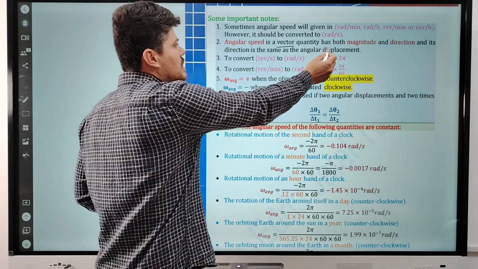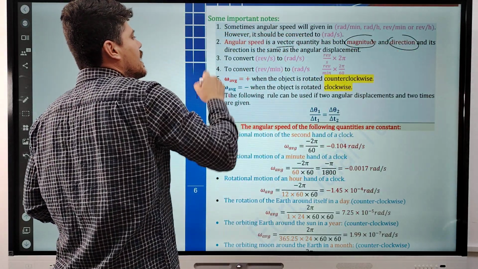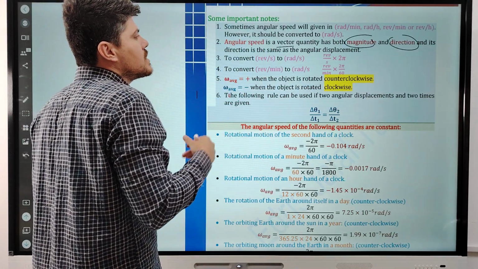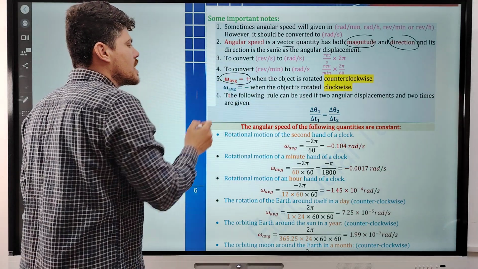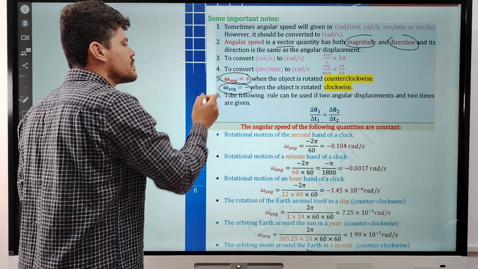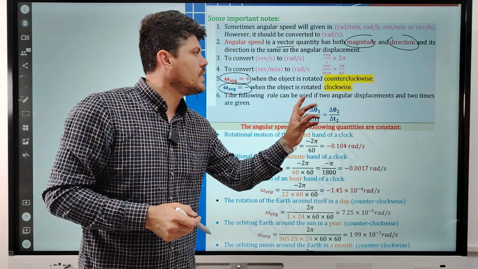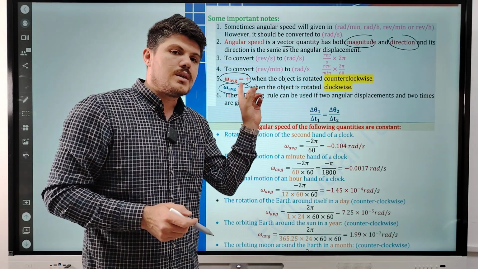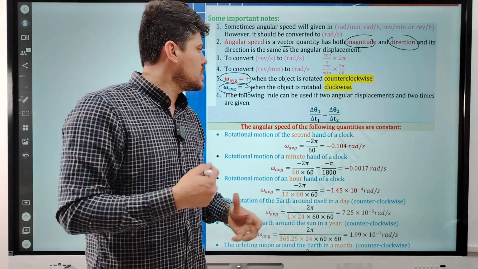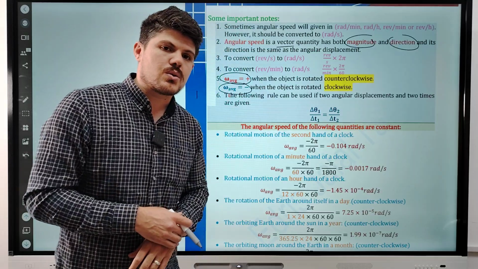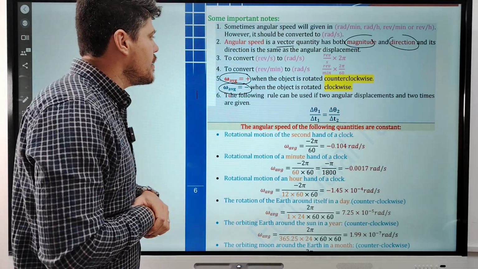Angular speed is a vector quantity that has both magnitude and direction, and its direction is the same as the angular displacement. When does angular displacement become positive and when does it become negative? In the case when the object rotates or moves counterclockwise, the angular speed becomes positive. But when the object rotates or moves in the clockwise direction, the angular speed becomes negative. Okay, so